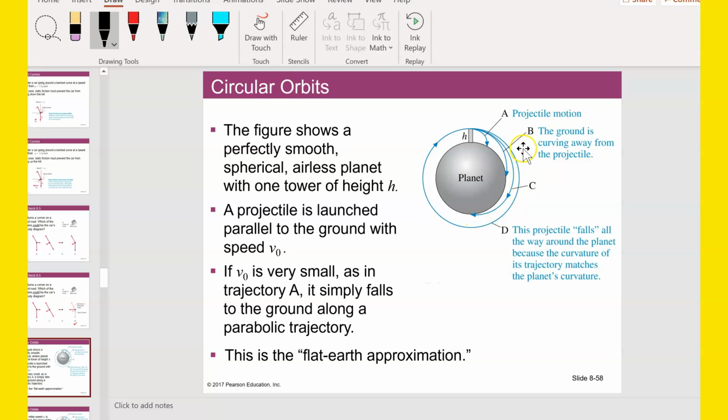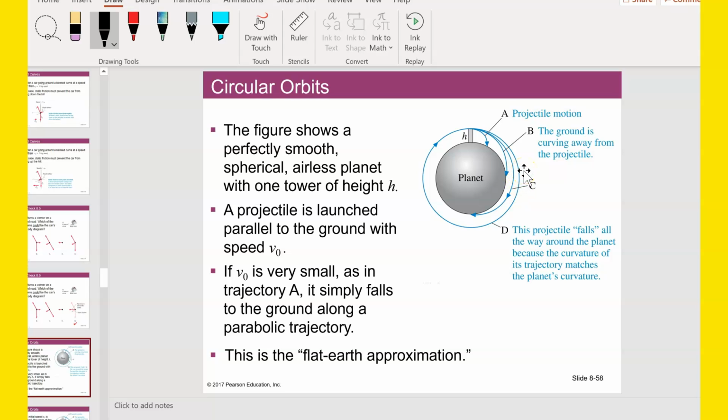Look, see, on projectile B, it's going so fast it goes a quarter of the way around the planet. In C, it goes halfway around the planet. Finally, this is getting to the point. And with path D, the speed you've thrown it at is so great, or it's at the perfectly right velocity, that it just continues to fall all the way around the planet, and it will continue to do that, and that is what creates